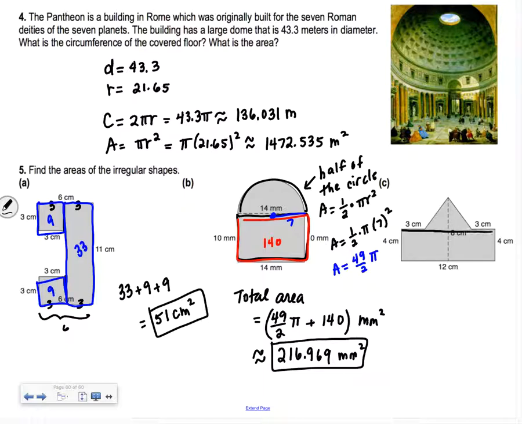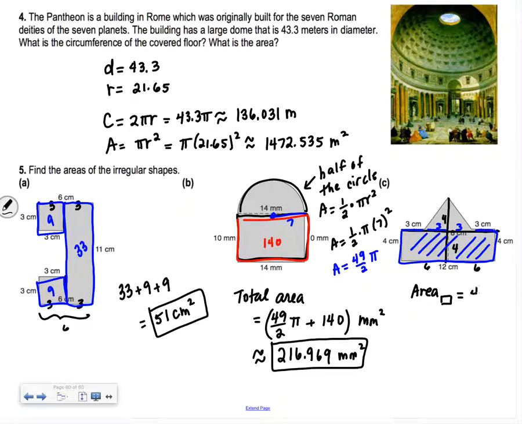All right, so this one. So I'm going to break it apart. So I had 12. So it looks like 6 and 6. And this was 8 centimeters here. So it's 4 and 4. And then if we had 3 and the whole thing's 6, that's also going to be 3. And then we're going to have 3 and 3. So we got lots of pieces going on. So let's start with the big rectangle down here. And you could break it into lots of different pieces. But that big rectangle